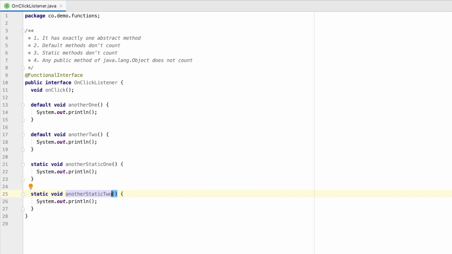And it is okay too as per the definition. The final rule says that any public method of Java object doesn't count. This is because any implementation of the interface will have an implementation from object class or elsewhere. So let me write a method from object class